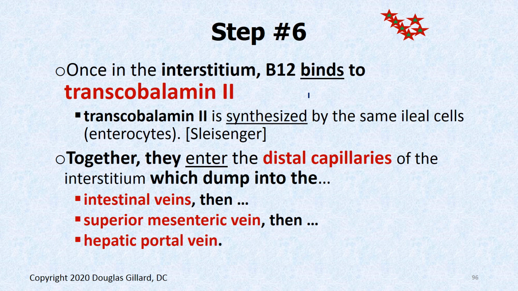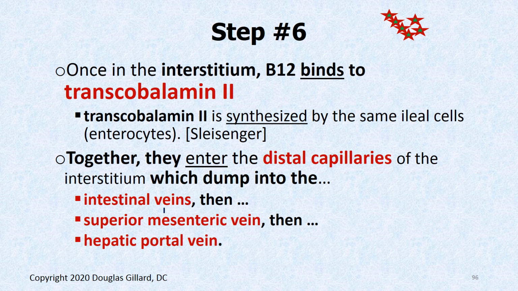So another transport molecule, transcobalamin 2, which is made by the same cell that just swallowed intrinsic factor and B12, binds it. Remember, the AKA for haptocorrin was transcobalamin 1. So they hold hands, and they go through the interstitium and are sucked into the distal capillary,